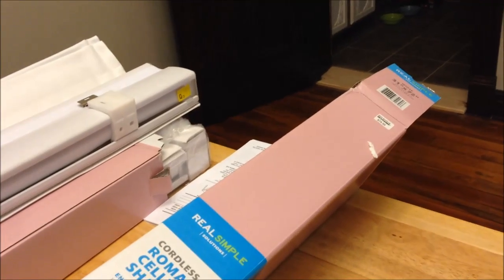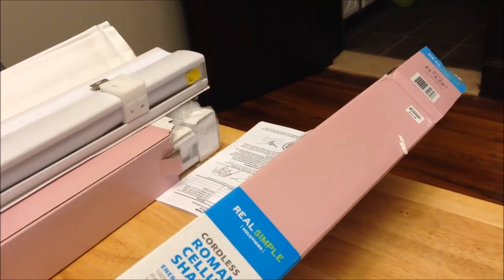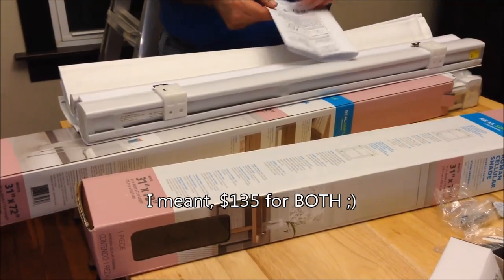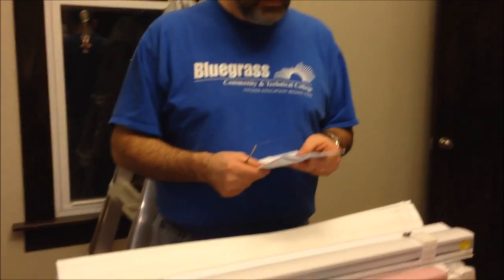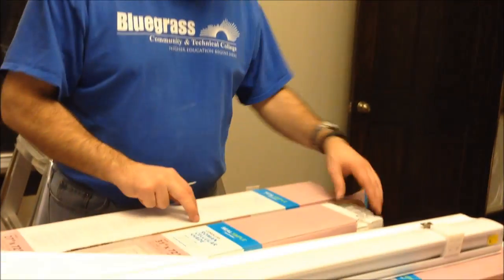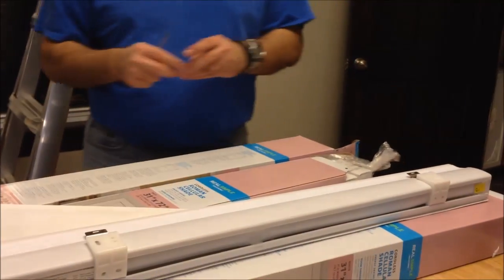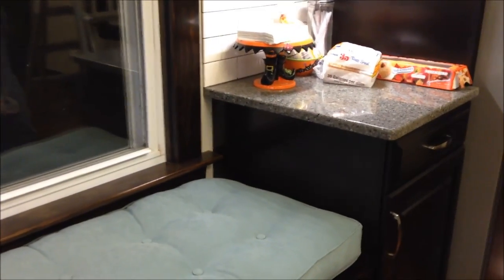So we bought these at Bed Bath & Beyond. They were $80 each without a coupon. I used a coupon, so they ended up being about $135 each. So still expensive, still very expensive, but hopefully we will have them for a long time. Hopefully I can keep little hands away from them. And I think the white Gavin's going to be interesting. Yeah, it should be interesting, but I'm going to try to remember to lift them before he gets here every day. And of course, this is Chapel's home, so I will